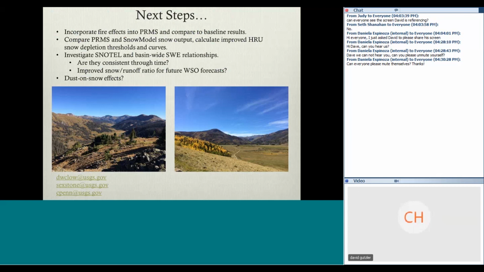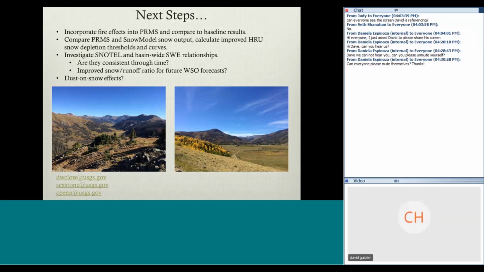Our next step is to incorporate these fire effects into PRMS and compute and compare them to baseline results in the water supply outlooks. Then compare the PRMS and snow model output, and see if we can improve the snow scheme in PRMS to better represent snow throughout the whole basin, and then use our physical models and the water supply outlooks to see if there's, like Graham mentioned, a